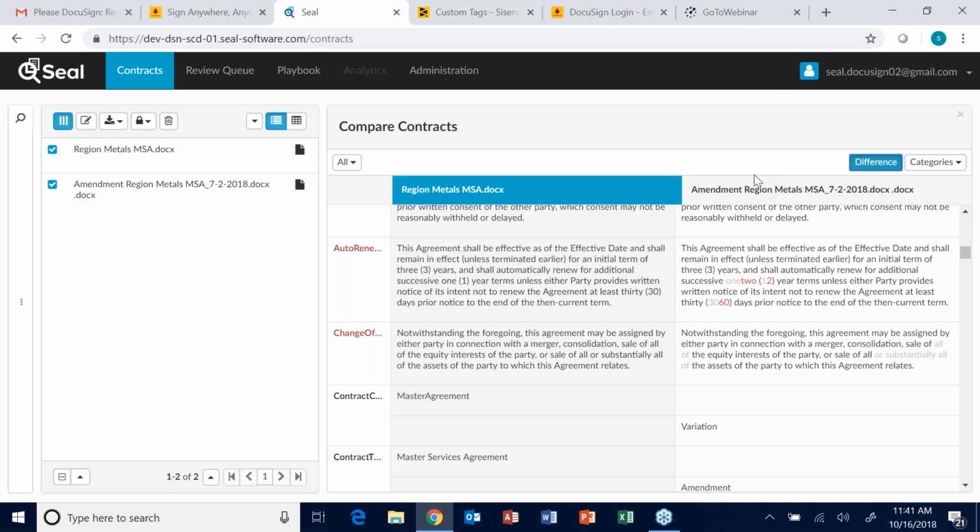So in the master agreement, we can see that we both have an initial term in the master agreement and the amendment of initial 3-year term. The master agreement is going to automatically renew for a 1-year term, automatically renew for 3-year term after the initial 1-year term, whereas the amendment has language indicating it's going to renew for 2 years after the initial term. And then notice of intent to renew the agreement must be made at least 30 days prior to contract expiration, and then 60 days, as you can see in the